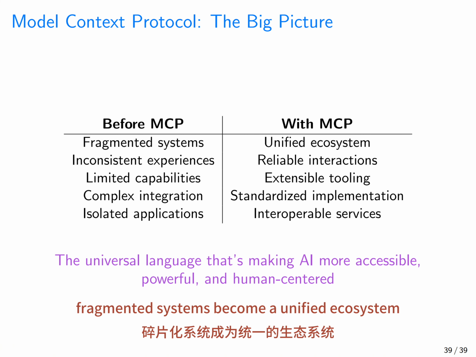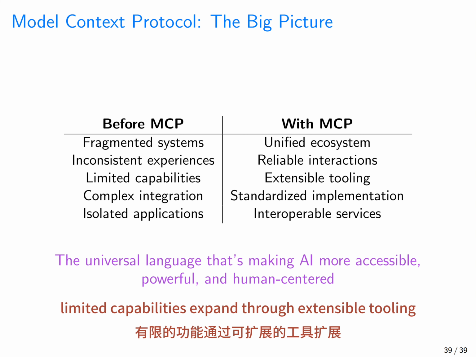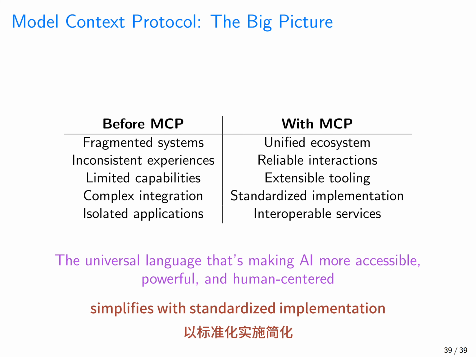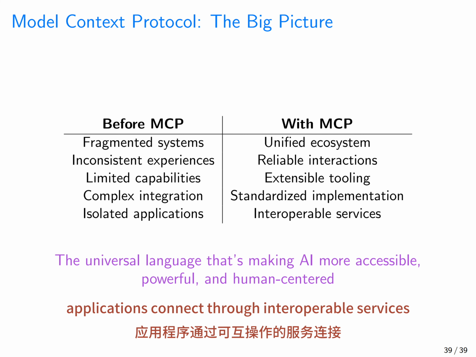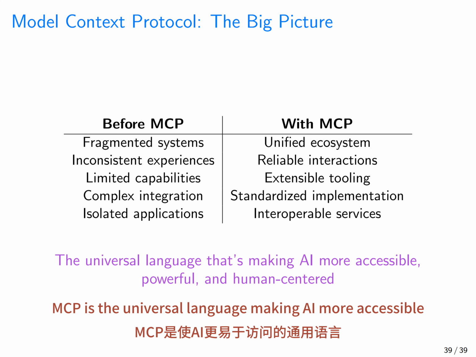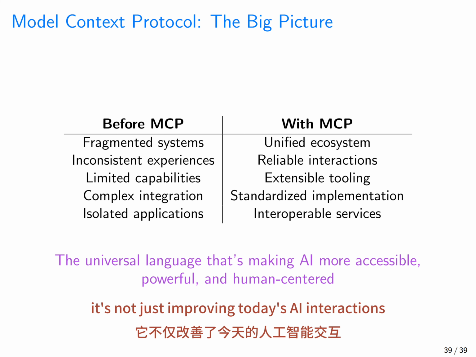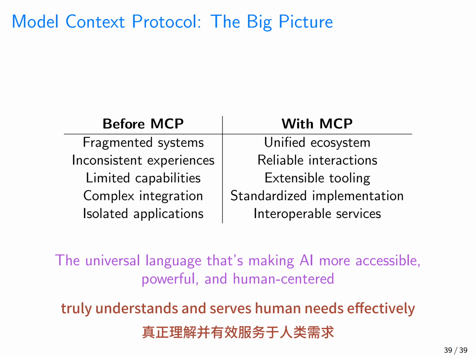Fragmented systems become a unified ecosystem. Inconsistent experiences transform into reliable interactions. Limited capabilities expand through extensible tooling. Complex integration simplifies with standardized implementation, and isolated applications connect through interoperable services. MCP is the universal language making AI more accessible, powerful, and human-centered. It's not just improving today's AI interactions, it's laying the foundation for a future where AI truly understands and serves human needs